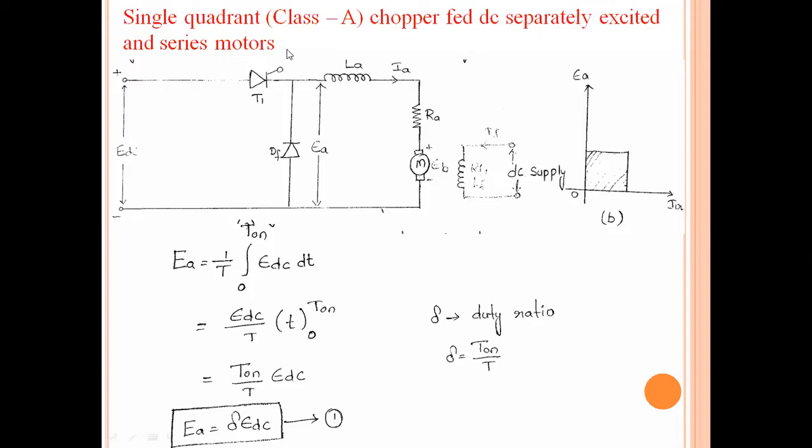You can see the same circuit. You have seen the operation in the chopper's part in your power electronics subject. So this is more or less the same circuit. Here the load is different. The load is a motor, a separately excited motor. This one. Okay. Now comes to its operation.